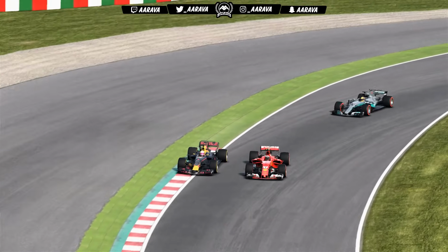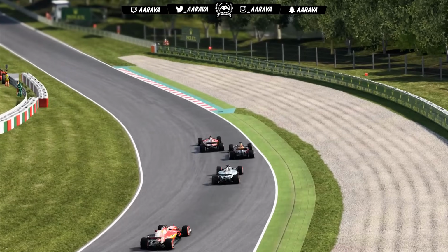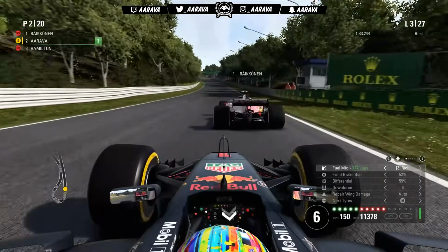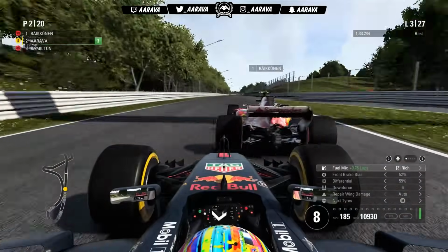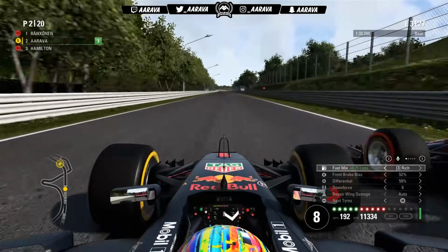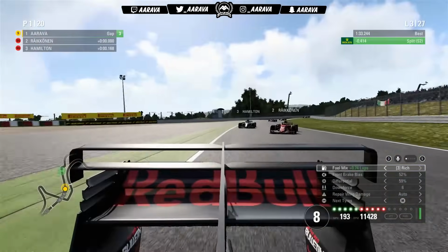We'll have to give Räikkönen the room on the left-hand side, get on the curbing level at the exit, try and pinch him towards the apex, but Räikkönen has a much better run-off, and so we have to tuck back behind. But up into Richmond, look at this go. The drag reduction upgrade we installed earlier in the season is going to work a treat there to get us back into P1 on the left. We'll take the inside line for 130R, and we're taking...